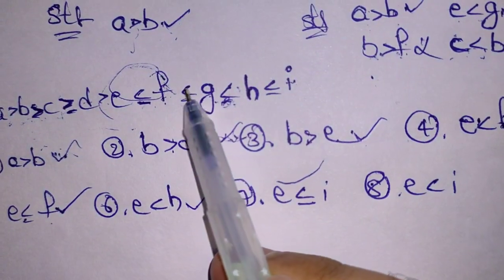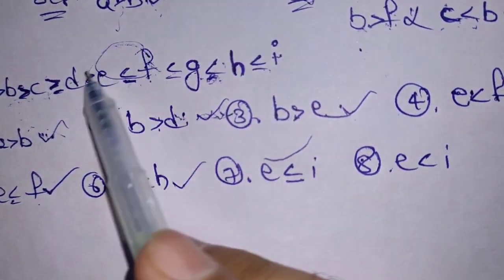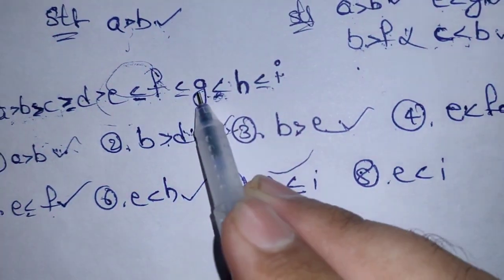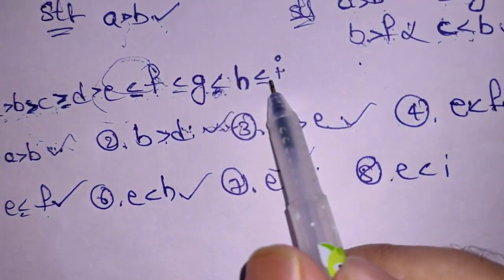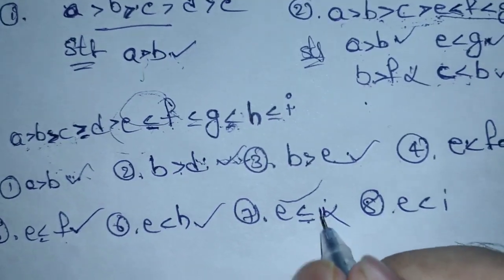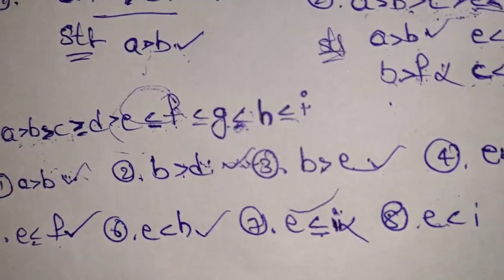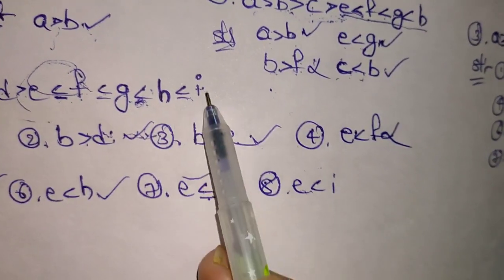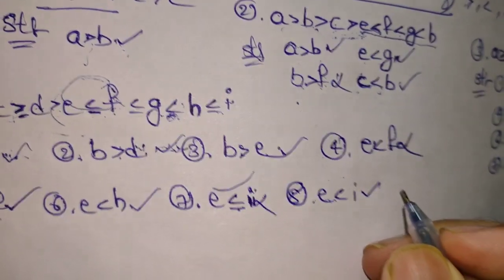You can see that E less than or equal to, less than or equal to, less than H, less than or equal to. So in the middle we have a break of symbol. If we have a break of symbol, we can't be sure for less than or equal to. So there is no continuity in less than or equal to, so it is a wrong answer. We will see the last statement, E less than I. Here you can see that the less than symbol is continuously prevailing in this question, so we can be sure for less than, and E less than I is a correct answer.